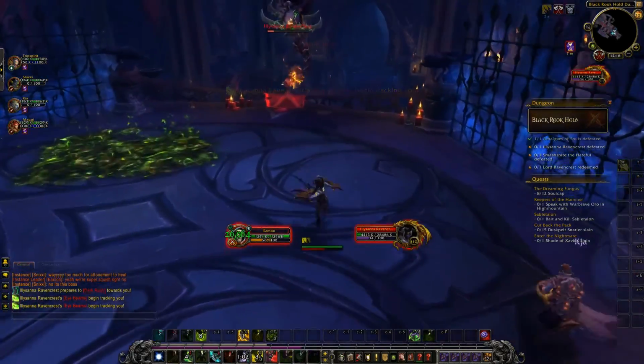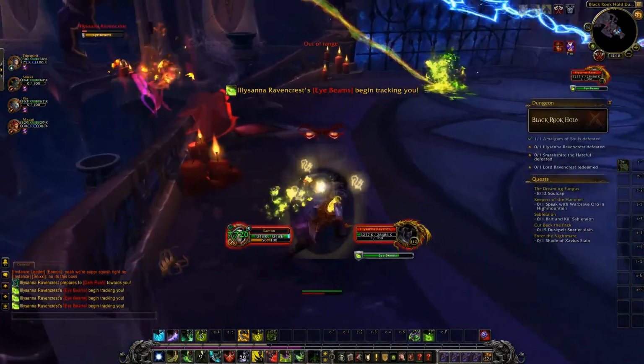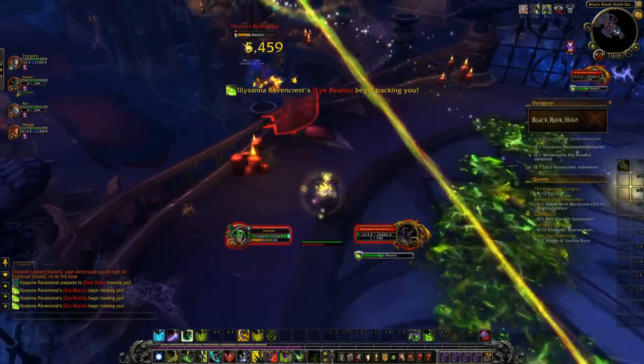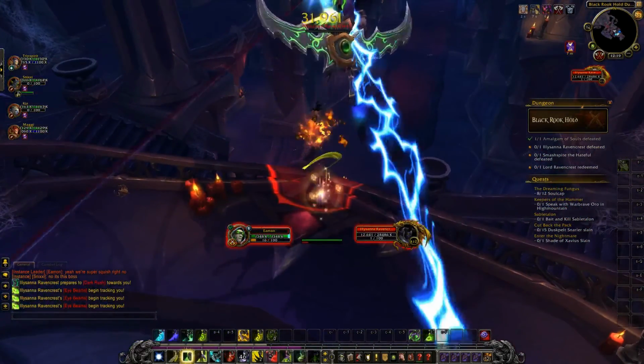Once the add is down, the rest of the attention gets focused on the boss. I felt like the hitbox for melee was fairly small here, so I didn't feel particularly useful, but ultimately the fight was fairly simple, and you'll notice that when she dies, she just falls over the edge of the balcony